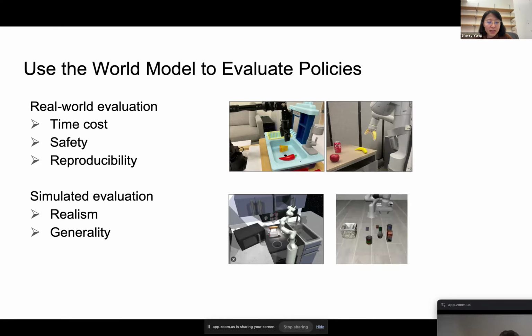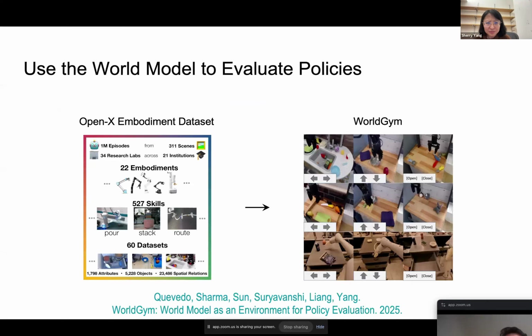On the other hand, what people have thought of is, okay, what about we just evaluate robots in simulation? These are some examples of the simulations that people use today. They just look so different from the real world, not just in terms of the visuals, but also simulating physics is hard, especially if you have some soft object. As a result, usually there's not too much correlation between the performance of the policy in sim versus real. So evaluating the policy in sim as a proxy for real world evaluation is also not very effective.